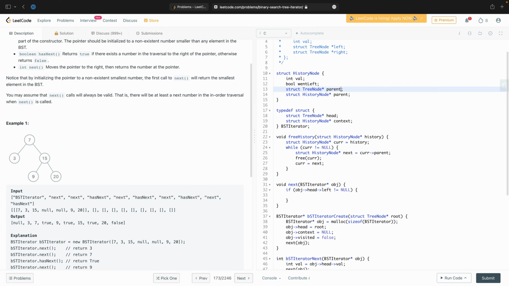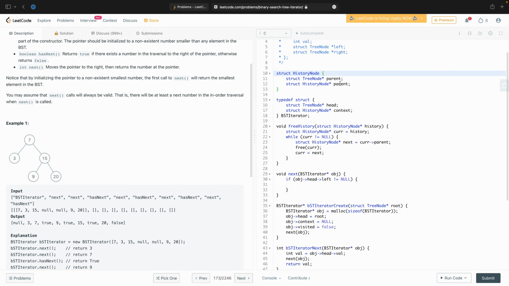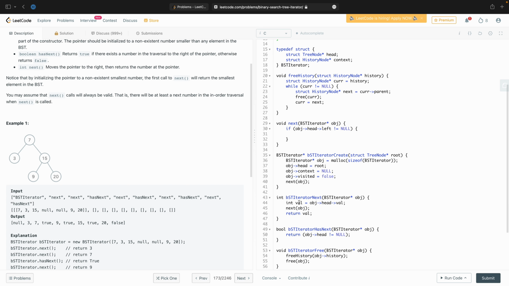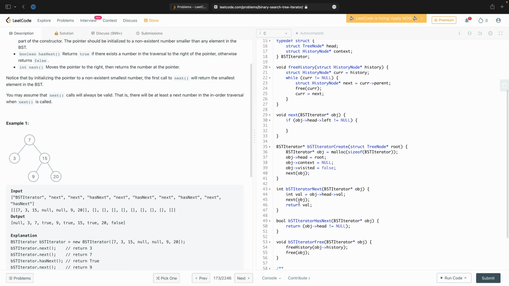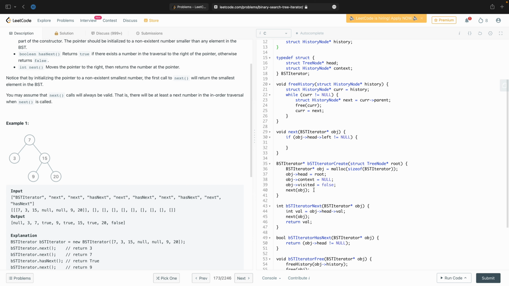Why doesn't it just hold the parent, more history, so when we get here, we know our parent. Hang on. Let's look at this another way. If I'm holding onto my parent,